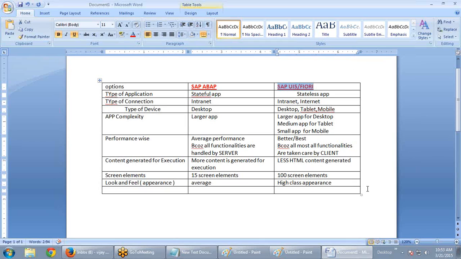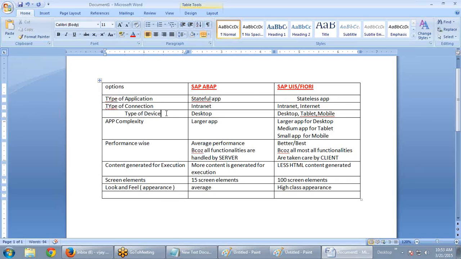Okay, and not only these things: what type of application, type of connection, type of device, performance, content, screen elements, look and feel, and in case of database operations, what we try to do is to